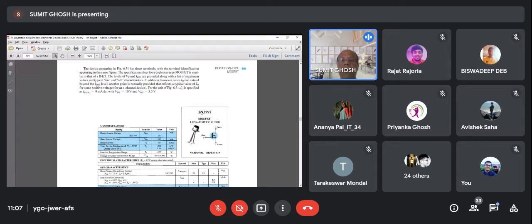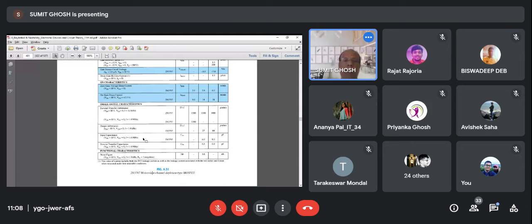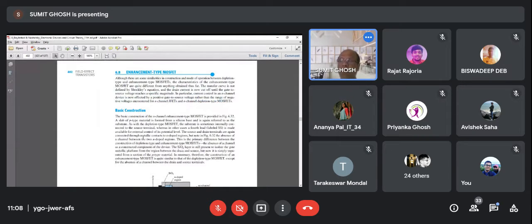As I said, some of the transistor numbers start with 2N. If it was a diode, it could have started with 1N. This is a low power audio transistor used in low power audio applications. I told you earlier that a transistor can be used for lower power or high power applications, for audio frequencies or radio frequencies. So these are application based. This is the N-channel depletion MOSFET, and this is the data sheet or specification sheet. You don't have to go through these details. If you are interested, you can see what the important parameters are.